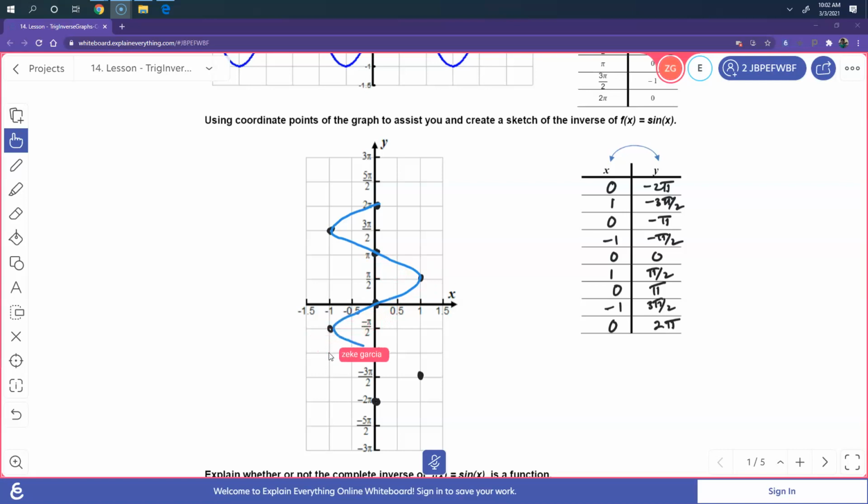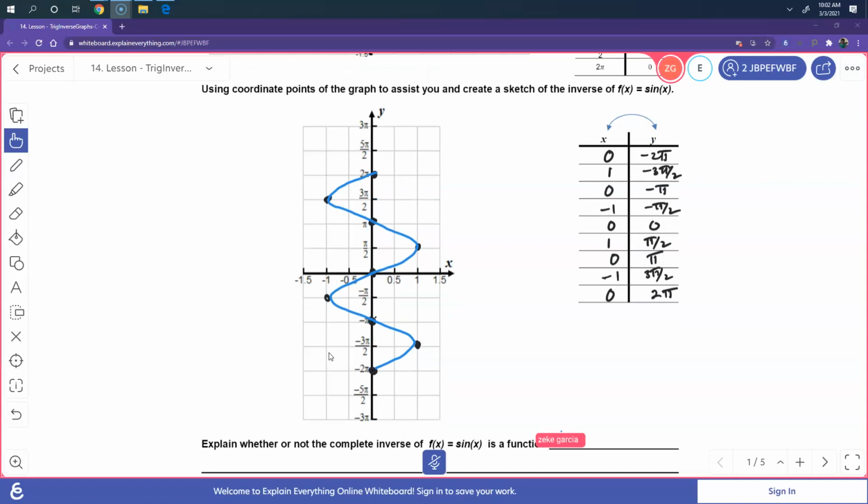And what I'm going to do is go ahead and graph this, and you notice the difference between the two graphs. It's like the sine wave, but vertical. So we're going to go ahead and answer the question: does this explain whether or not the complete inverse of sine is a function? And we would say that it is not a function